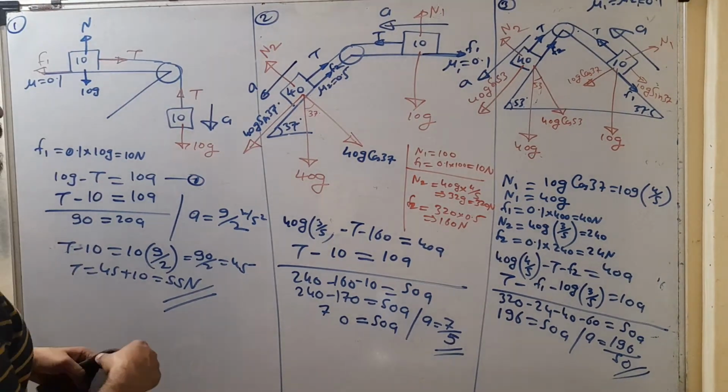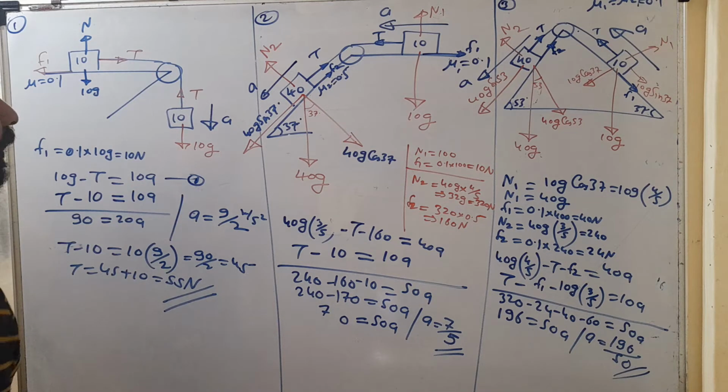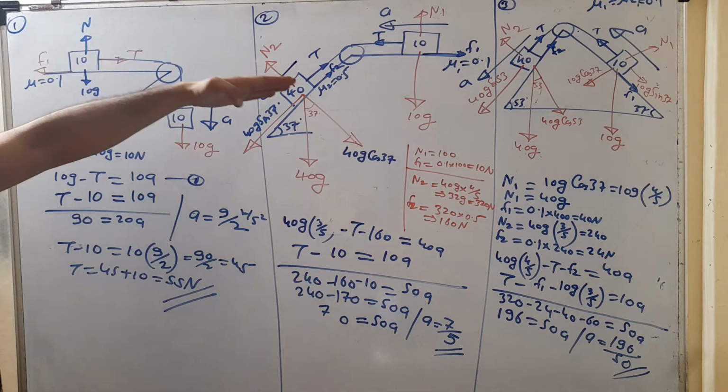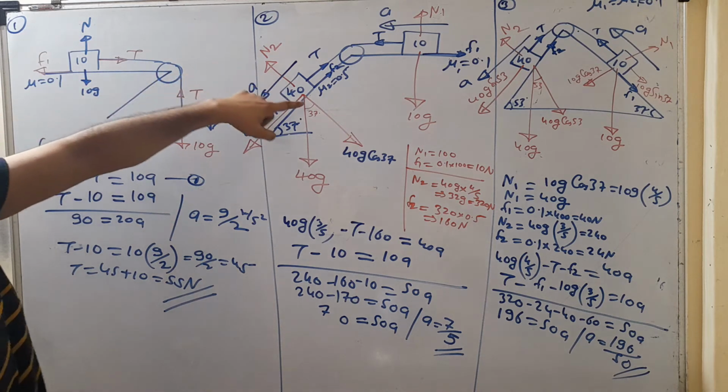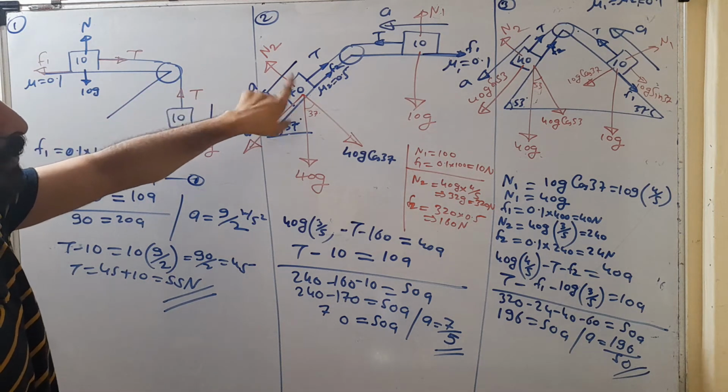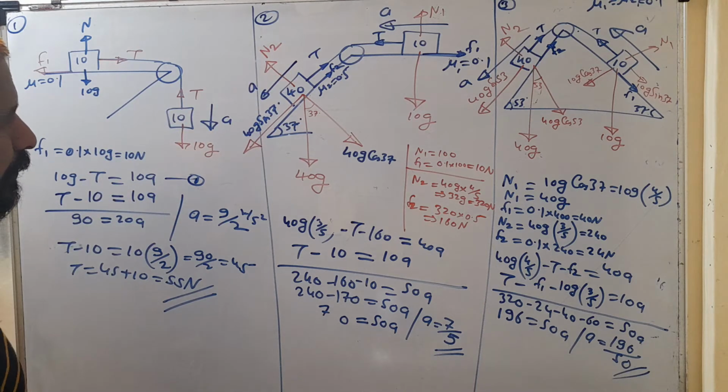So next few more examples we are going to discuss. So these are the three. When the block is over a horizontal surface and block is over an inclined. For a horizontal, simply you get N is equal to mg. But if block is on an inclined surface, you have to resolve the weight. Then you will get the reaction force.